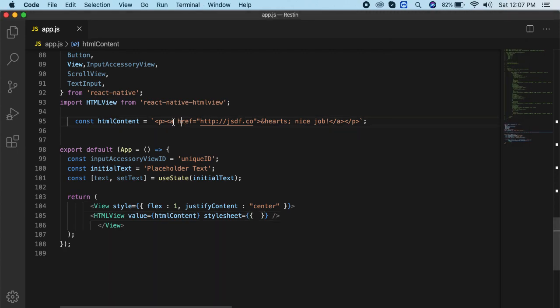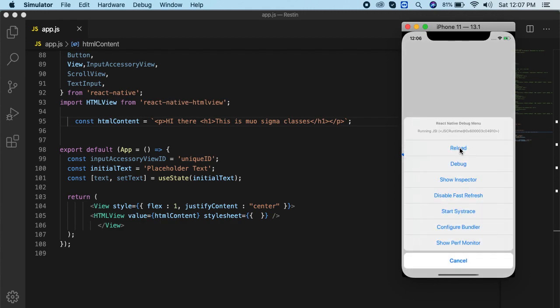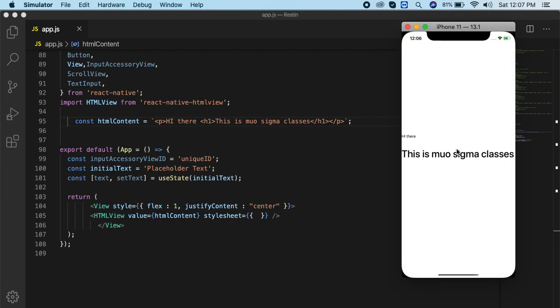Let's say I'm making another thing here. Hey there, and inside an h1 tag, open and close, this is Mu Sigma classes. You need to refresh the app.